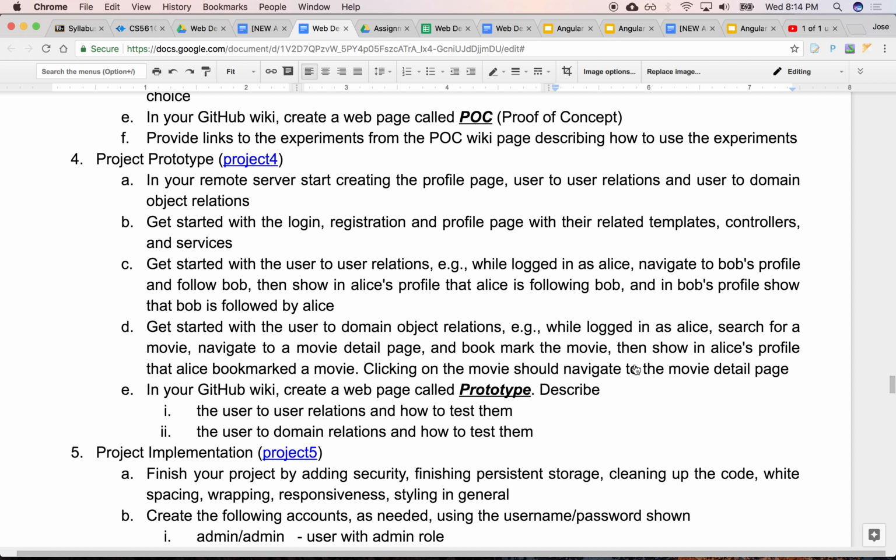Project number four says, okay, now that you feel comfortable with the API, right, that you can query it, start integrating it with the rest of the application, right? Some objects you'd like to bookmark. For instance, as you're querying and looking at details, none of this information is going in your database, right?